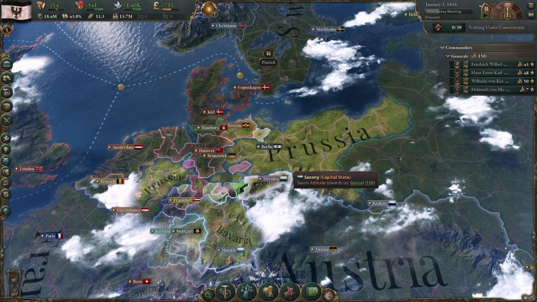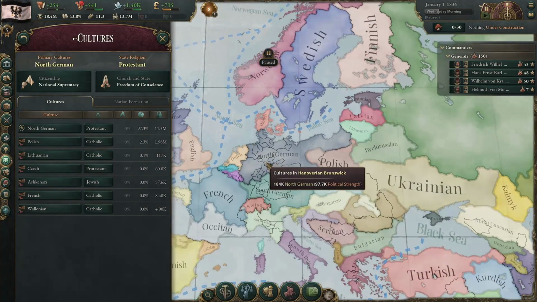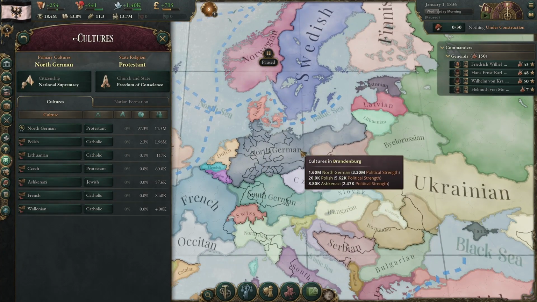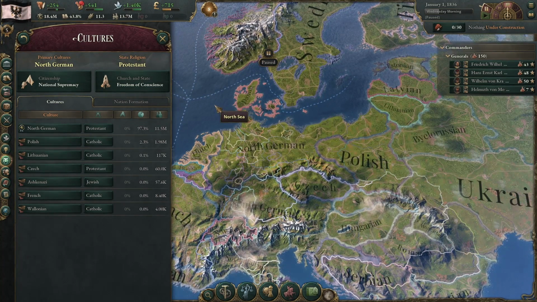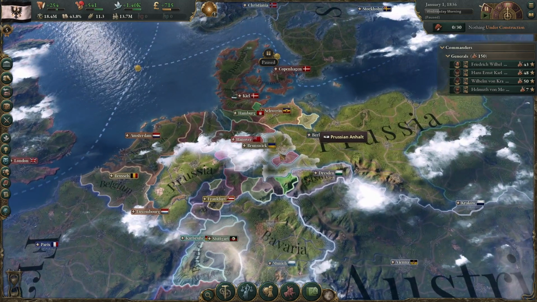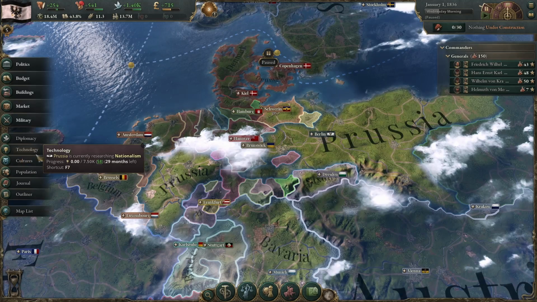Well, all of the North German states, which if we hover over Culture, hit the Culture tab, you're going to see North German. Hover over all of these. Any of these states, if we have a high enough relationship with them, will voluntarily join our country. So in order to do that, we're going to research nationalism, but we want to research nationalism just a little